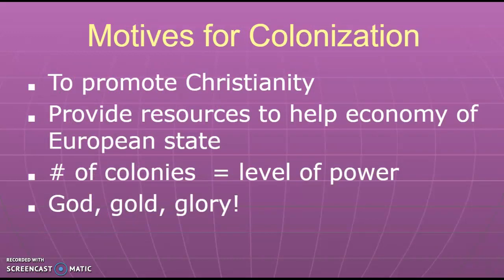Next, let's talk about the motives for colonization. For the European countries, mainly, it was to promote Christianity, provide resources to help the economy of those European countries, and build the number of colonies, which equaled their level of power, or what we call God, gold, and glory. So again, they wanted to spread Christianity. They wanted to get the riches, the resources from these colonies in order to continue to drive their economic development within the European states. And the number of colonies they had meant that they had glory, the more